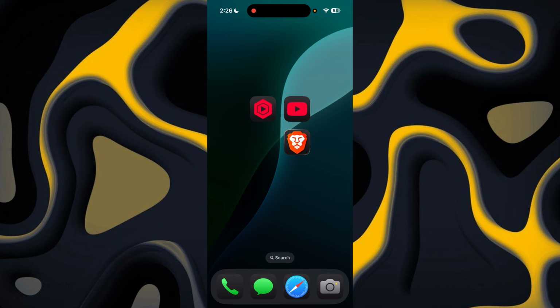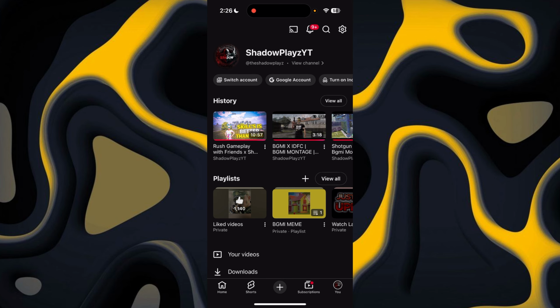Now, just go to your YouTube app, click here. Now go to your profile and now go to your settings option. And here, you will have to find search history or manage all history. Just tap on here